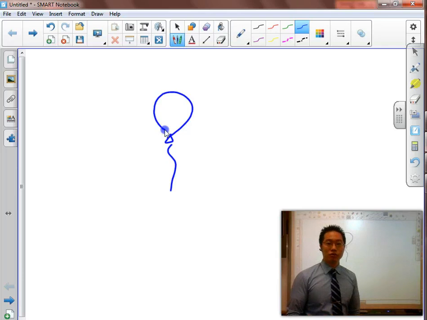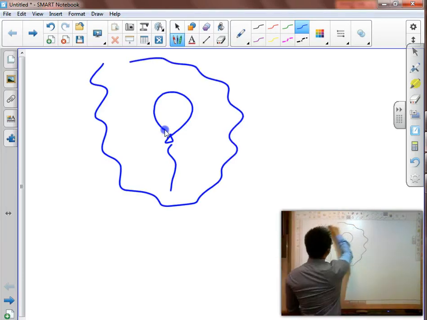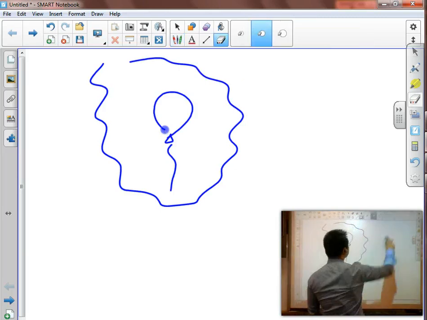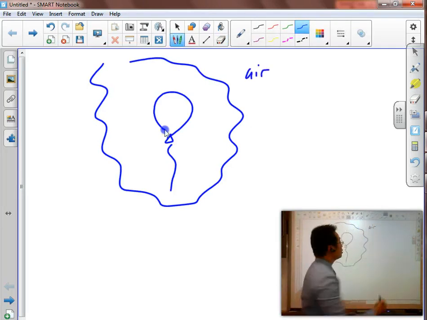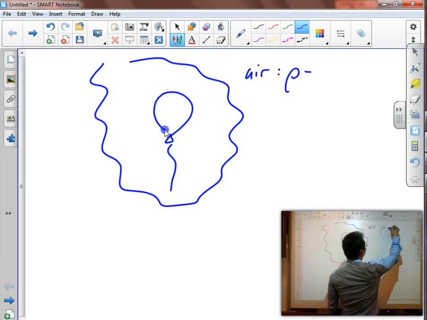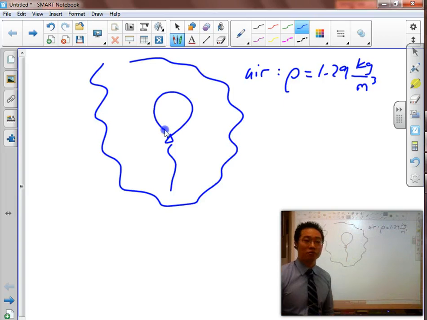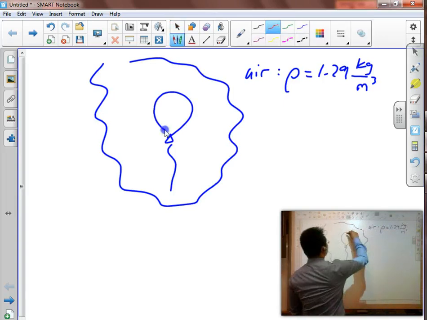When we see a balloon float upwards, that's because all around the balloon is air, and air is the fluid which has a density of 1.29 kilograms per meter cubed, which is very, very small. But keep in mind that it's still going to be a large enough force